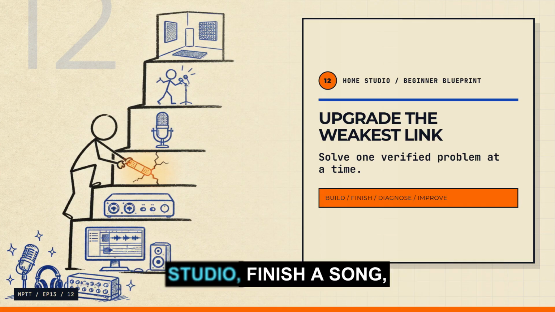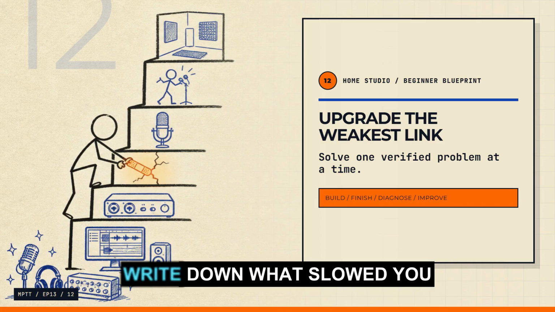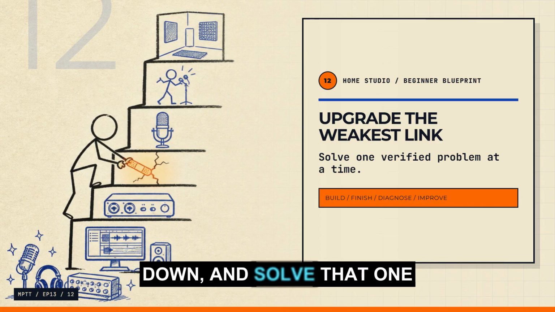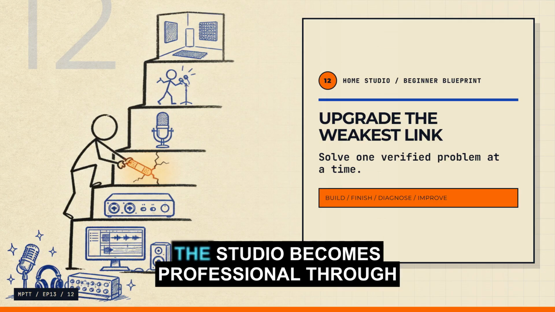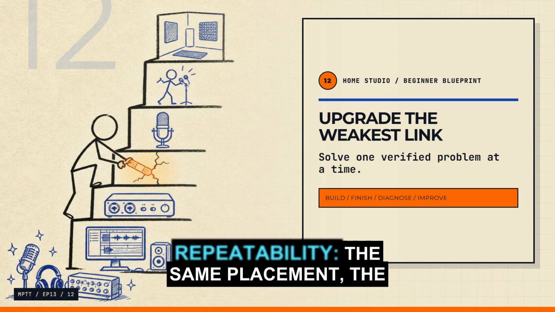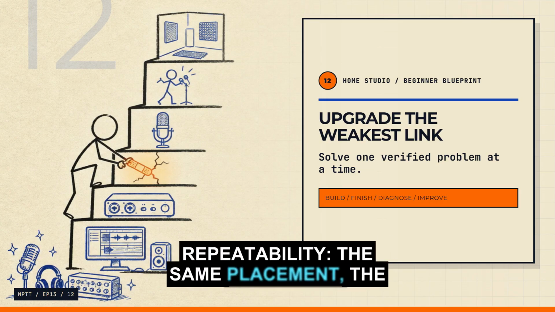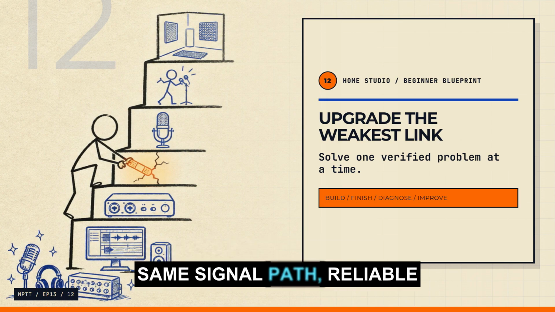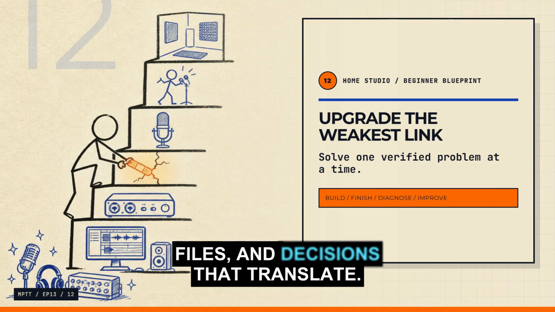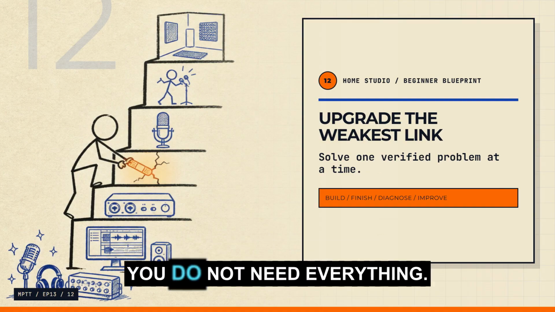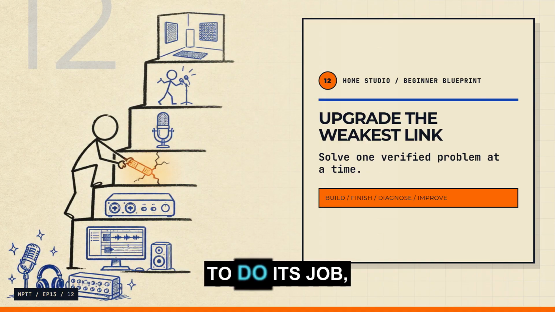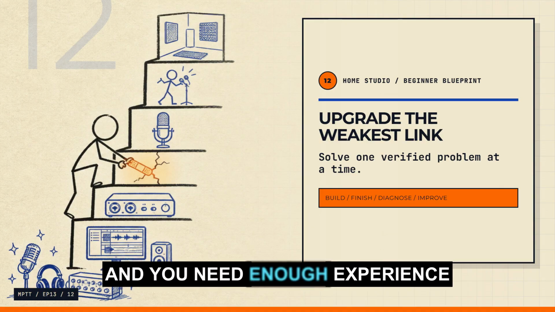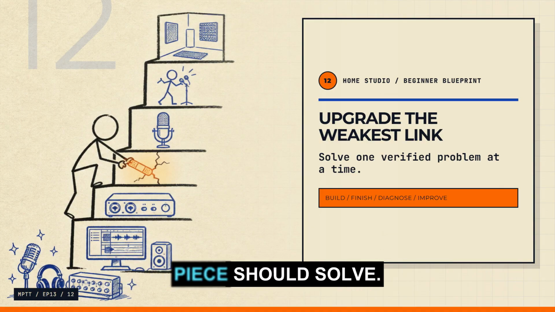Build the minimum studio, finish a song, write down what slowed you down, and solve that one thing. Then finish another song. The studio becomes professional through repeatability: the same placement, the same signal path, reliable files, and decisions that translate. You do not need everything. You need every essential piece to do its job, and you need enough experience to know what the next piece should solve,